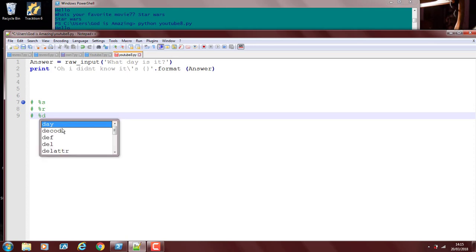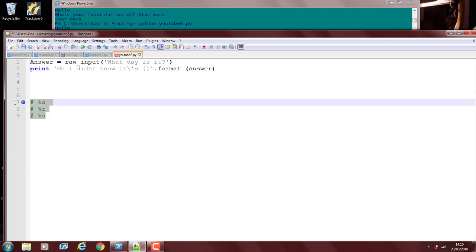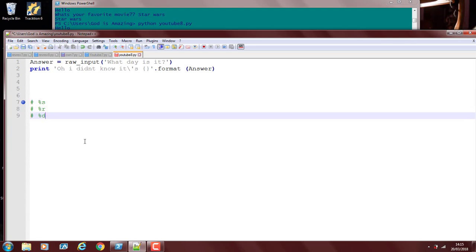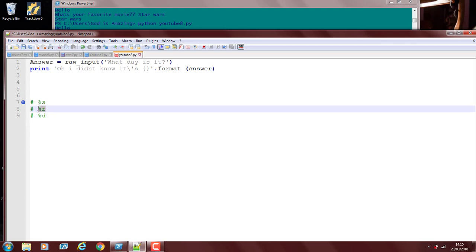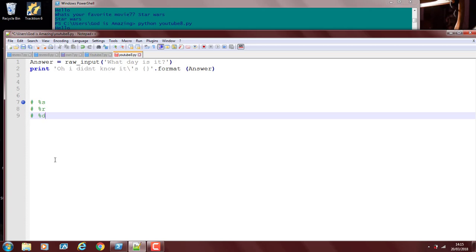So remember, with those ones, you have to really know what the user is going to put in as far as being an integer or a string. You could use raw data for both those things, but it is going to display it weirdly with the quotes. So it's better, I think, just to use the dot format.